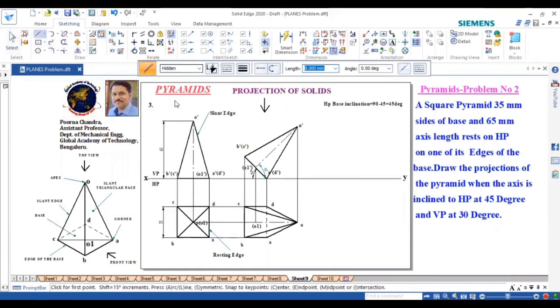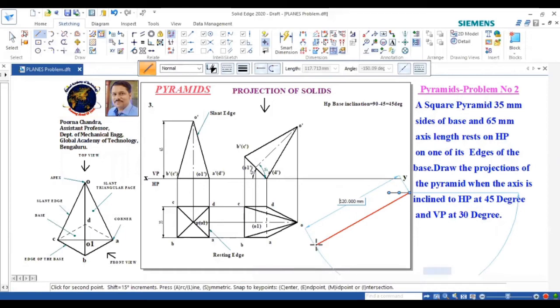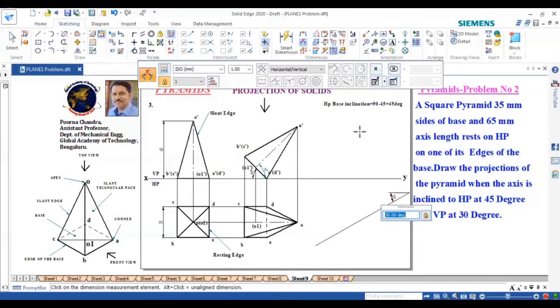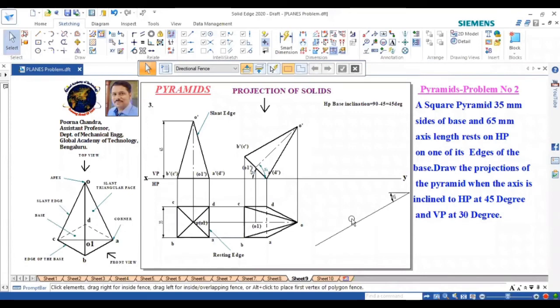So now select projection line and draw line for 30 degree. So 30 length I will take around 120. So angle 180 plus 30 I can take in computer. 180 plus 30. So I get here. So confirmation, you can confirm your angle. It is 30 degree. Okay. So this is done. Now what I need to do, I need to do beta angle method.